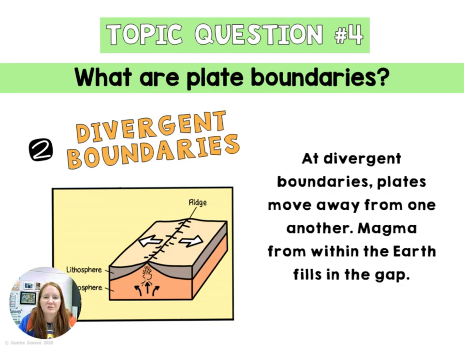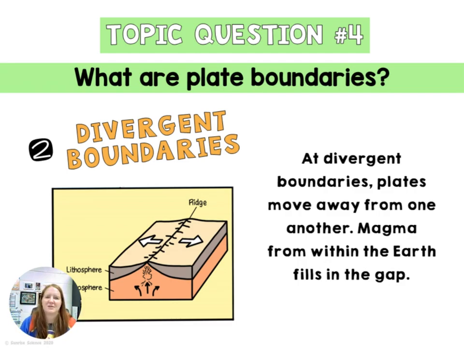Now, the thing I want you to remember or think about with this is a scab, okay? So if you have a scab on your elbow, scab on your knee, and it gets broken open a little bit, you're going to have that blood and that fluid start to ooze upwards. Well, that's what's happening at a divergent boundary. You're going to end up with some magma that will ooze upwards as that divergent boundary pulls apart. So as it pulls apart, the magma rises upwards, and it ends up creating this jagged